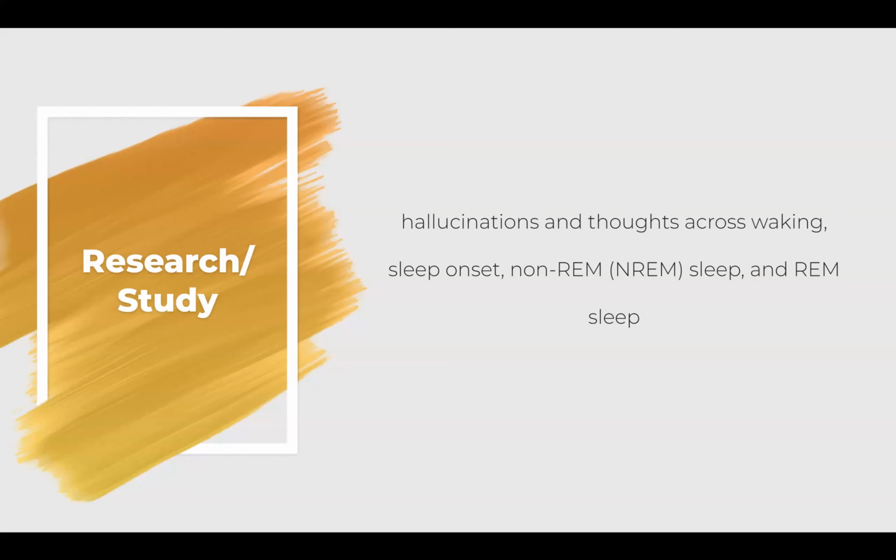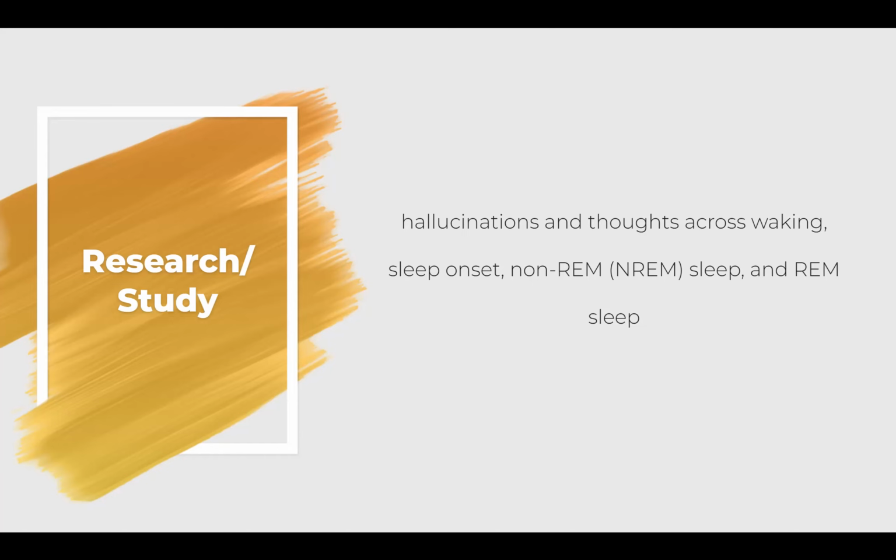longitudinal and naturalistic approaches to be able to find endogenous imagery, which is hallucinations, internal deliberation, and thoughts across waking, sleep onset, non-REM sleep, and REM sleep. Now, the subjects were instructed to describe in detail their foregoing experiences when called or awakened, including where they thought they were, who else was present, and what they were thinking of doing, perceiving, feeling, or even just thinking about in general, really.